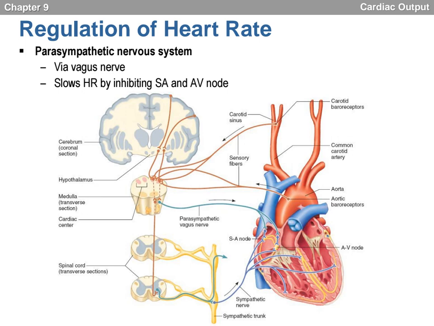We're next going to look at the regulation of heart rate. The parasympathetic nervous system regulates heart rate via the vagus nerve, and its job is to slow the heart rate by inhibiting the SA node, or sinoatrial node, and the AV node of the heart. So the pacemaker of the heart is the sinoatrial node, but the AV node is actually very important also